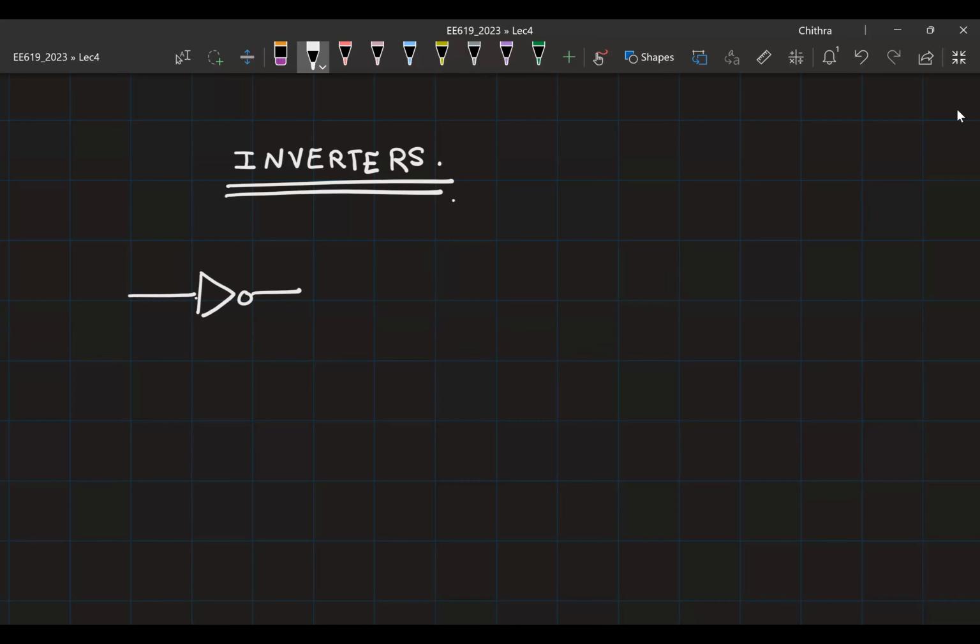Okay. Now I'm sure everyone is familiar with the symbol for an inverter, right? So if I give a logic 0, what is the output? You'll get a logic 1. If I give